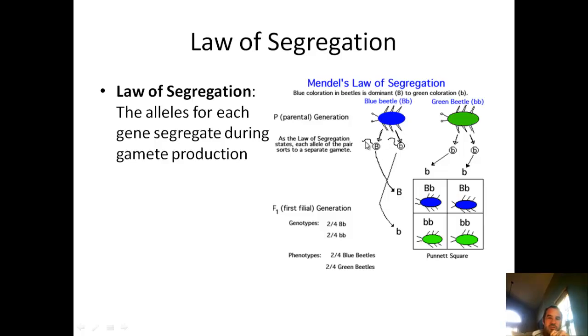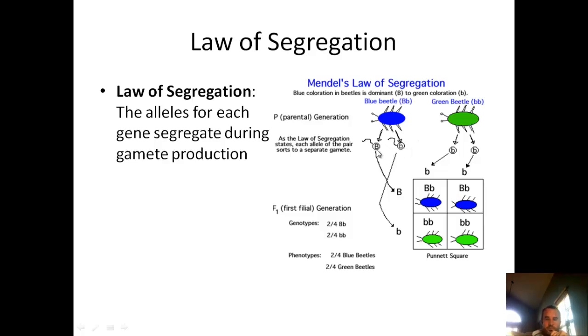They made it having a big B, little b. And then we've got our female beetle over here with her eggs, and she's got little b, little b. What it means is that the different alleles that were present are not going to go together. They're going to go separately, and they're going to donate one possible allele.